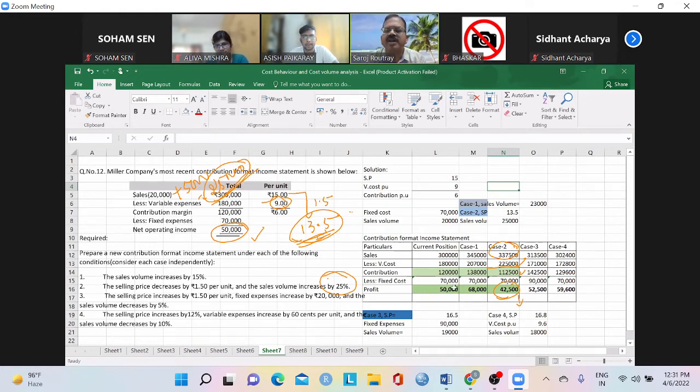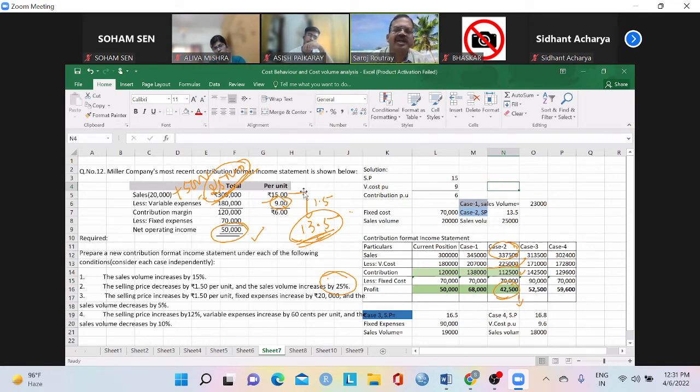But earlier our profit was 50,000. Now it has only decreased by 7,500. Okay. I see what you are saying, that can be applied, but I don't think here it can be applied. That we apply in many situations, where we only see the changes in contribution. But in this case, the price is 13.5, so 4.5 is the contribution.